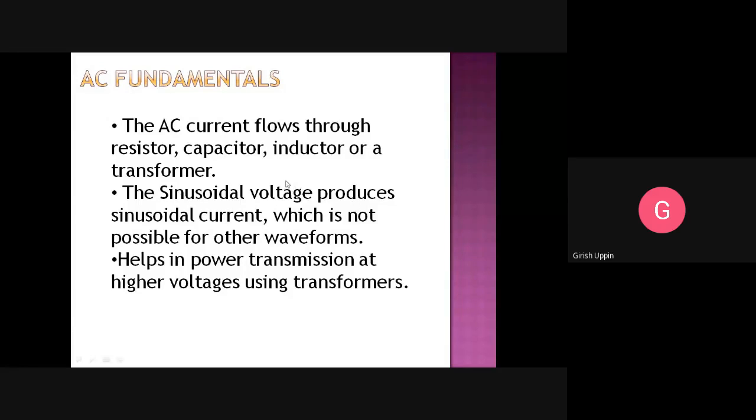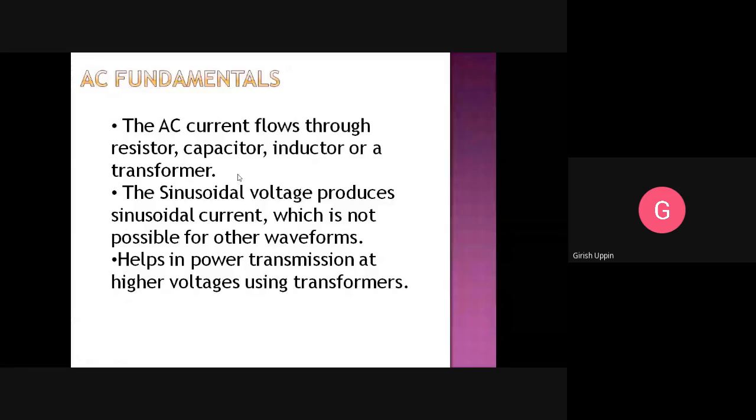Suppose I apply a square waveform voltage to the capacitor, what will happen? The current will not be a square waveform. Initially the current will gradually start from zero and reach a peak value, and when the capacitor gets charged, the current becomes zero. So you applied a square wave, and the resulting waveform is a kind of ramp, right?